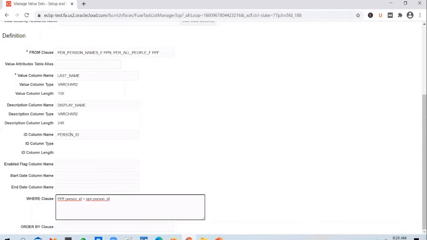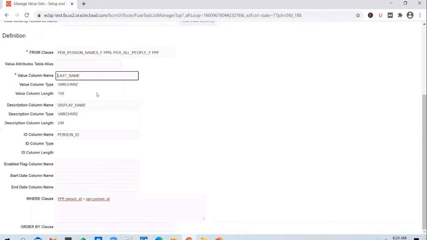Since the person ID column exists in both tables, you will have to mention the alias name there as well. So this is how you add the details.